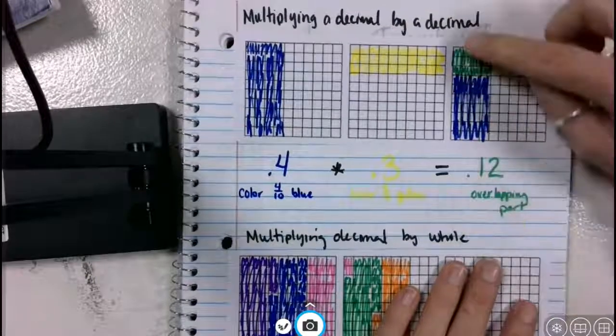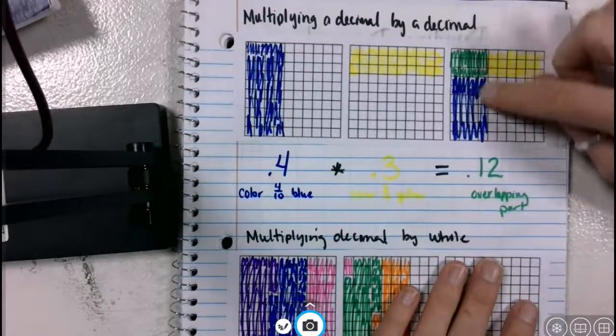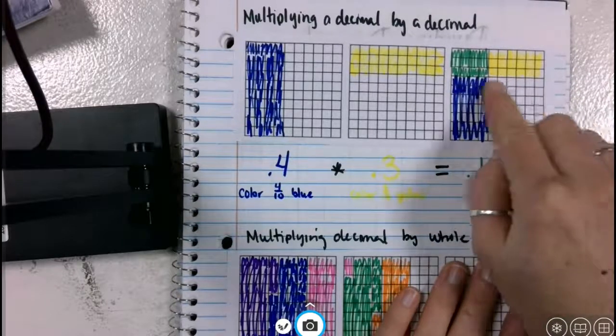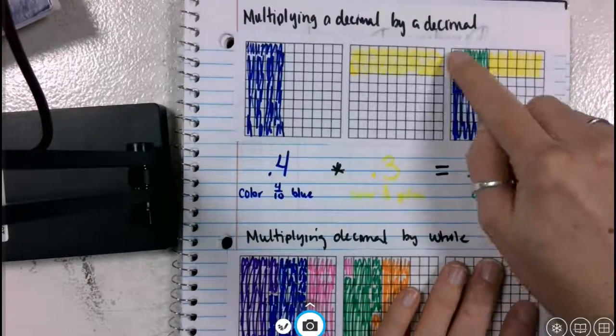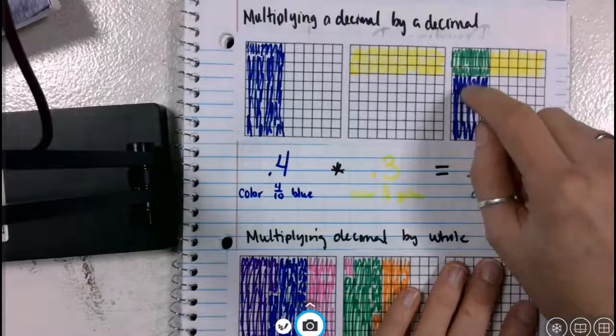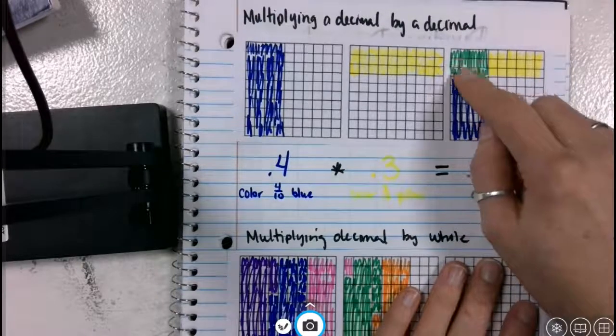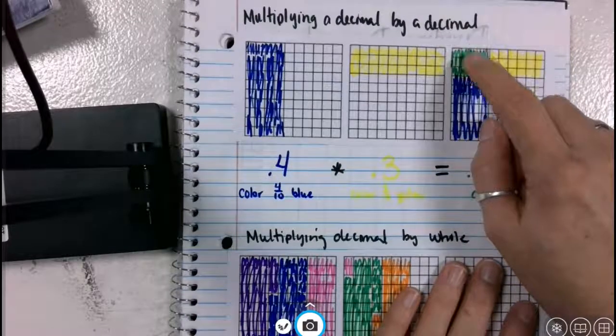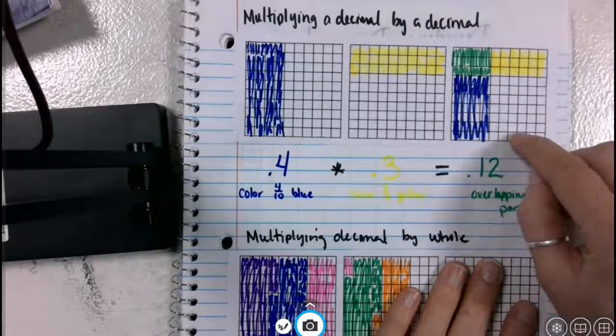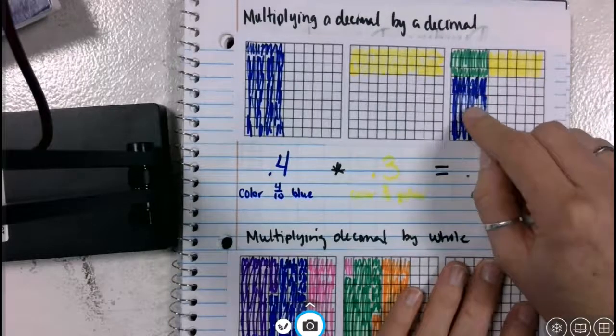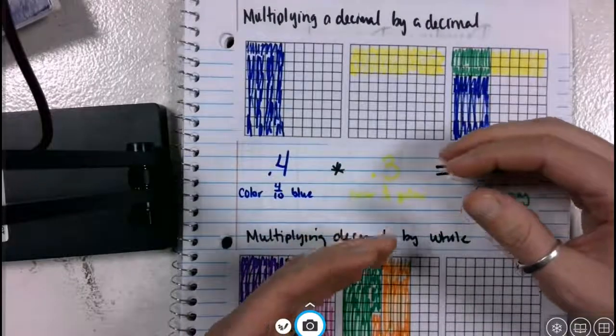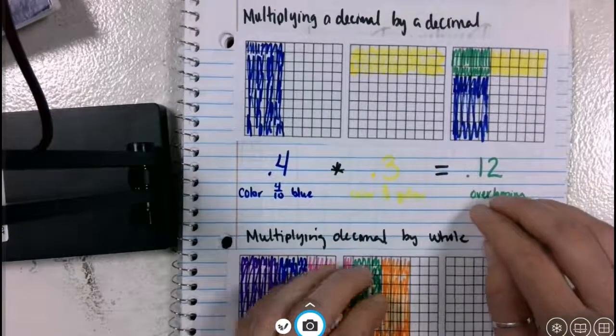So if you can see, I still have my 4/10 colored in blue, and I have my 3/10 colored in yellow. The thing that overlaps is here in green, because blue and yellow is green, and that ends up being 12 1/100ths. And I know it's the 100ths because it's the little teeny boxes. It's not an entire strip. So that's really what it's looking at, and why our number gets smaller if we're multiplying a decimal